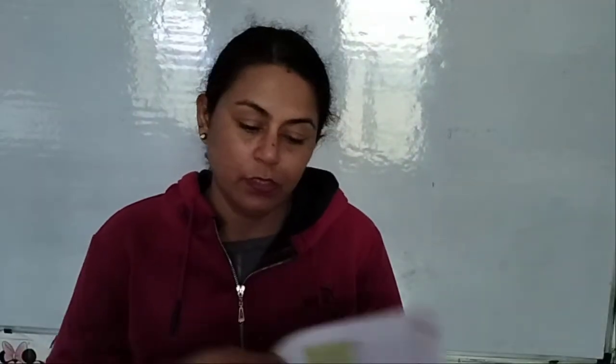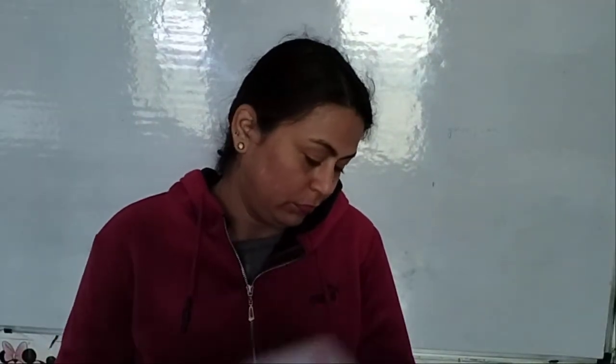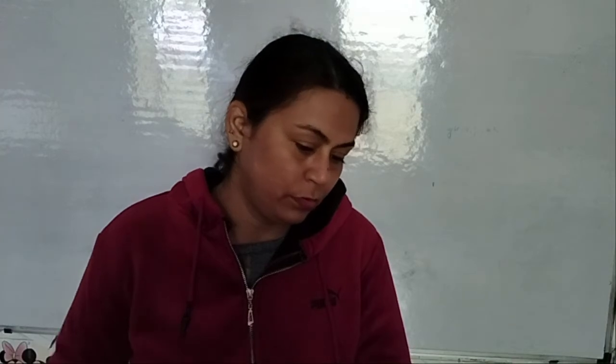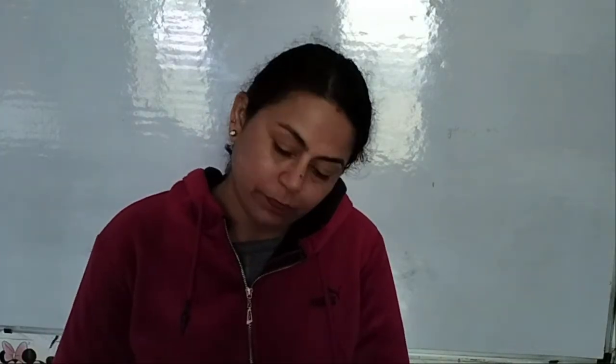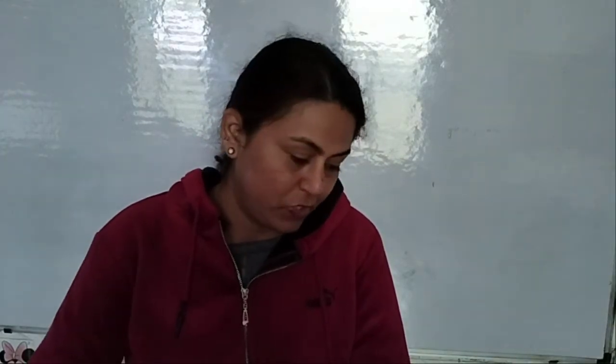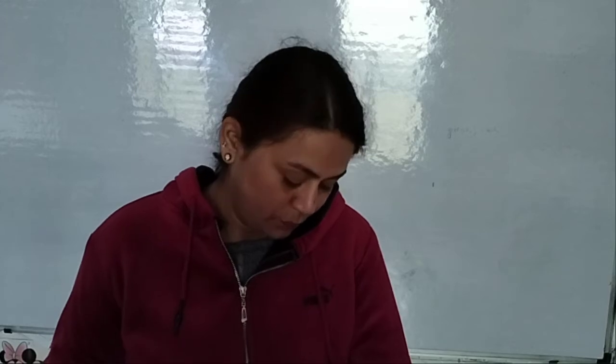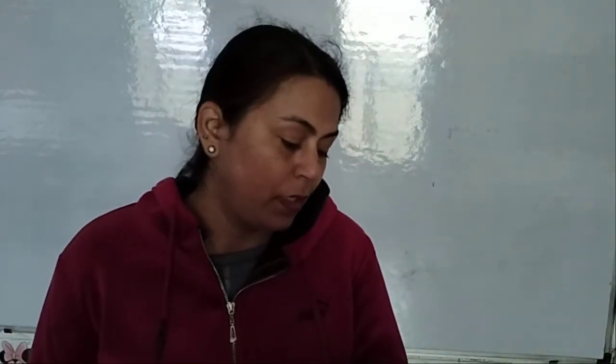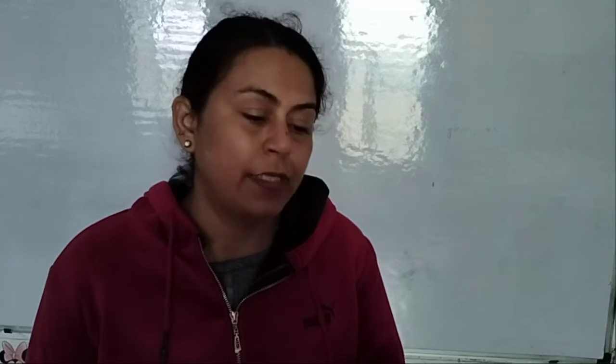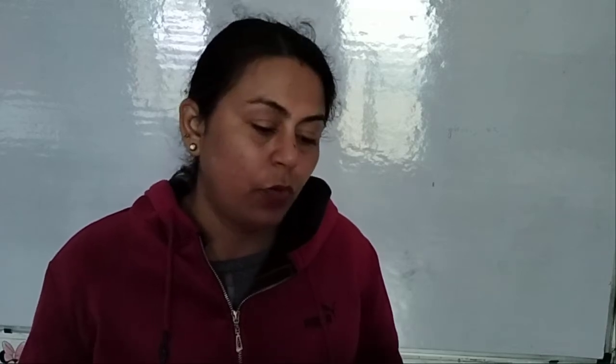So yesterday we completed the question answer part of this lesson, The Clever Shepherd. We have done A and B part both, right? So now we are going to start with the exercise part. At page number 118, we have completed up to A part of the question answers as well as the B part. So now we are going to start with the language skills.